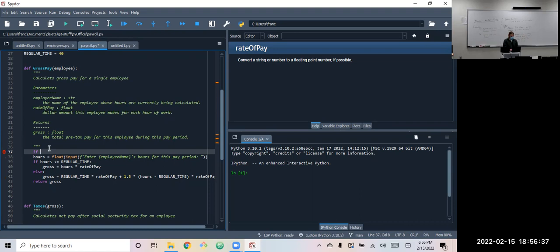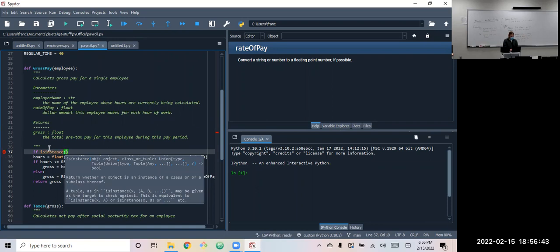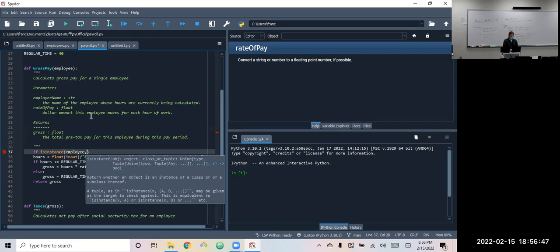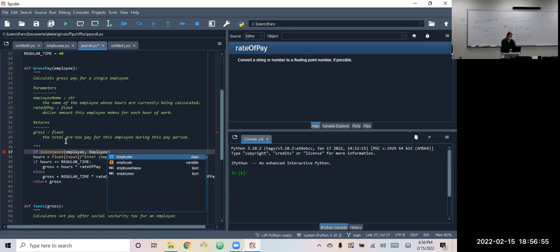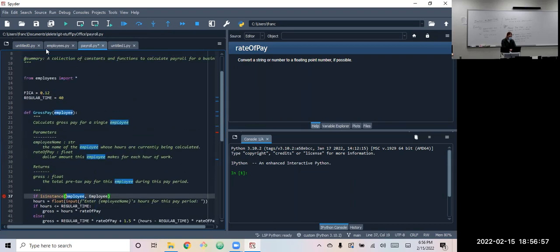So before we do this, we can check isinstance. So if this thing we passed in is an instance of employee, can I import that? Oh yeah. Make sure you import it if it's in another file.